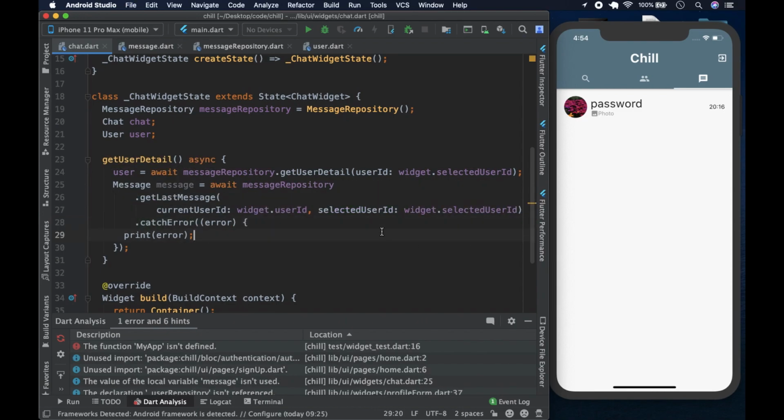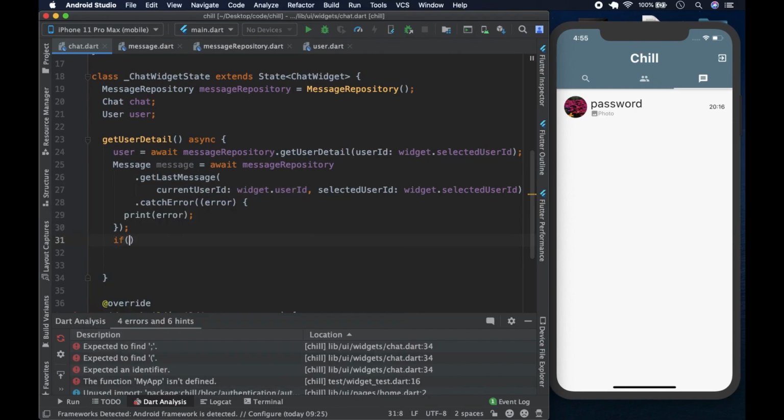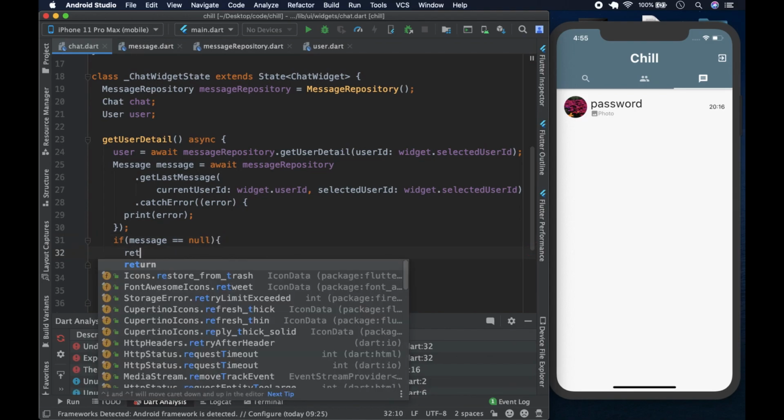So we have created a method that will get the details of the user. We'll get the user and the message, right? So we'll get the last message, and we'll also get the details of the user. What we're going to do first is we're going to check if the message that has been created has anything in it. So we could say if message is null, what we're going to do is we're going to return